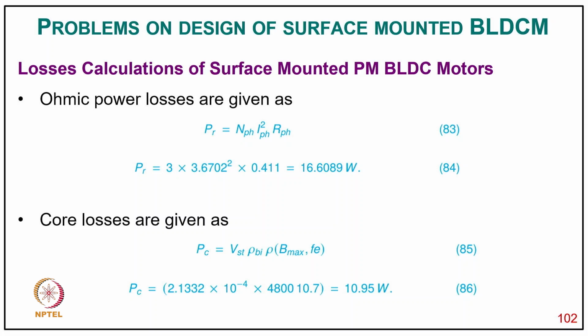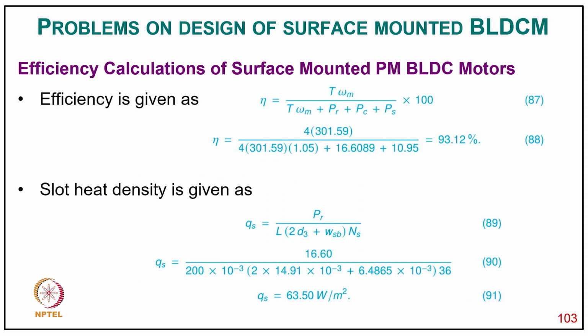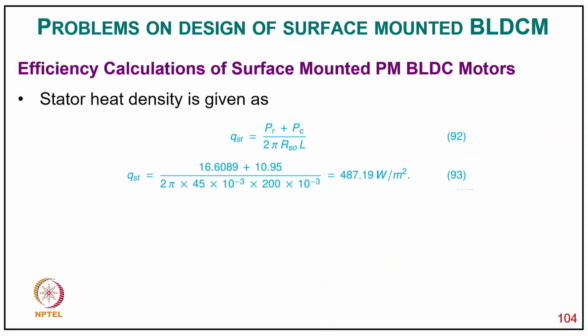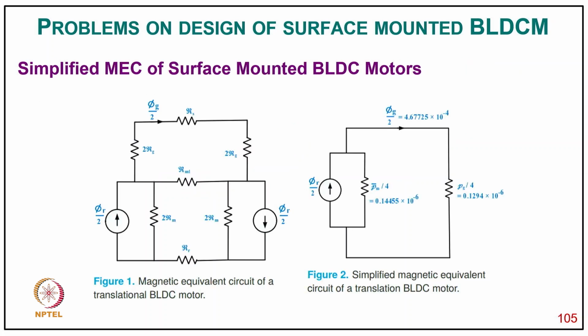putting value it comes to 10.95 watt, and then efficiency that is T omega m divided by T omega m plus PR plus PC plus PS, putting value it comes 93.12%, and slot heat density is given QS equal to PR divided by L in bracket 2D3 plus WS into NS, putting value QS comes 63.50 watt per meter square, and slot heat density QST equal to PR plus PC divided by 2 PR RSOL, so QST is putting value it comes 487.19 watt per meter square, and